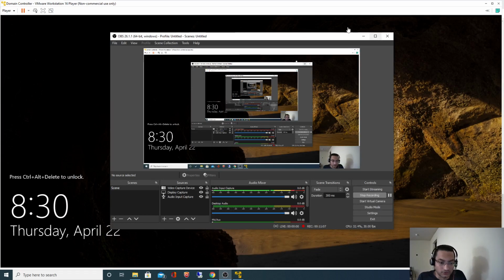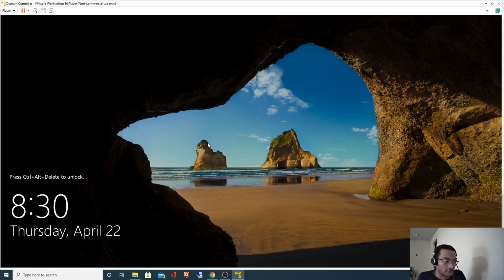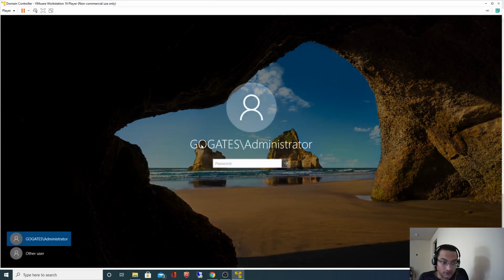All right. So the configuration is finished now, and it is allowing us to log in again in our virtual machine. Now, as you can see here, there is a difference. This administrator is not a normal user now. It is a part of our domain. This Goktes is a domain.